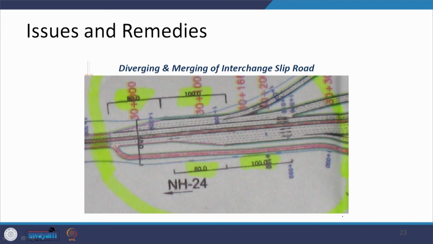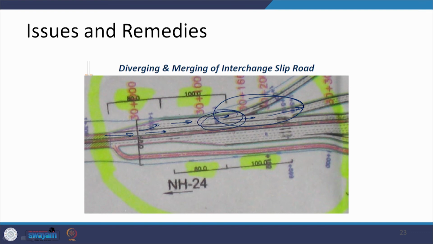Here what we can see is that there is traffic which is moving on this main highway, then it diverts, it starts decelerating. But the issue here is that it gets one ramp here and then it goes straight and gets another ramp on this side. So, this close proximity of these two ramps from each other may create some issue at this particular point,